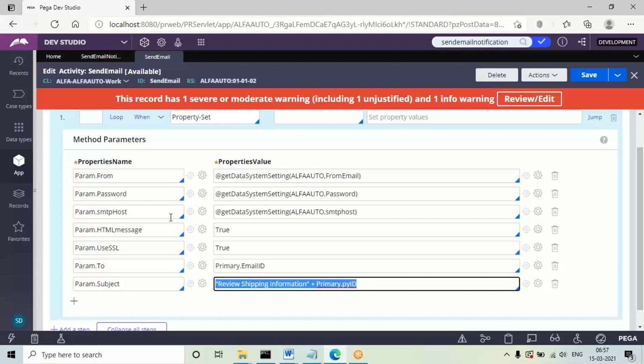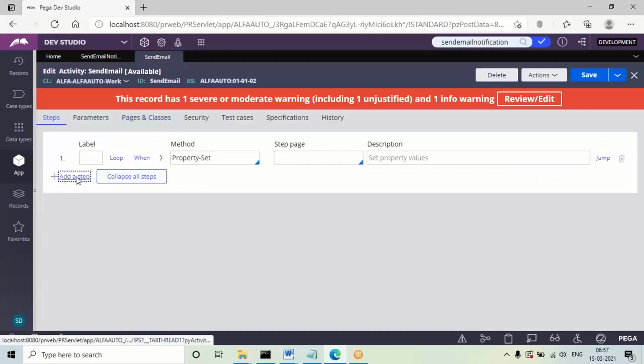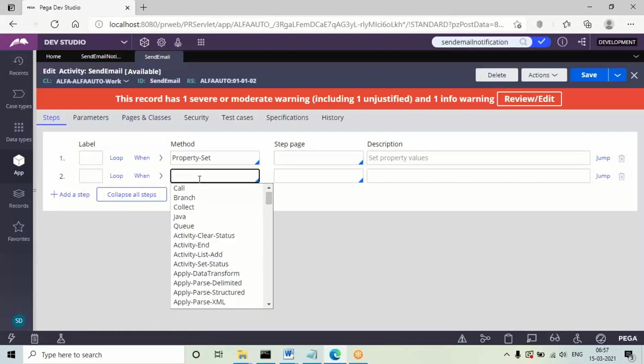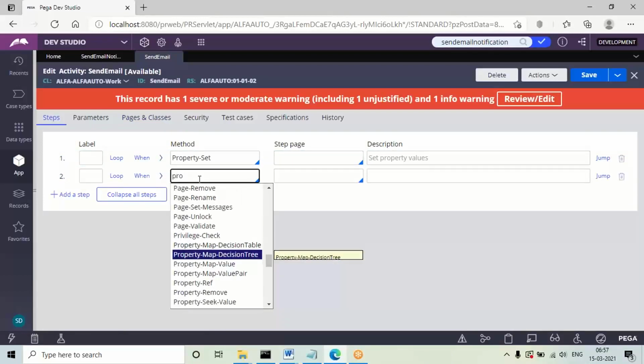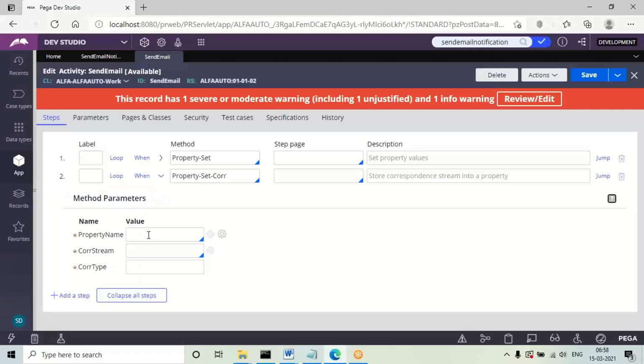Then after this, to call your notification correspondence templates in an activity, we'll be using the method Property-Set-Core. To call the correspondence messages, the fragment is already given in the correspondence. So only thing is, in the activity, using this method Property-Set-Core, we need to call the correspondence name.